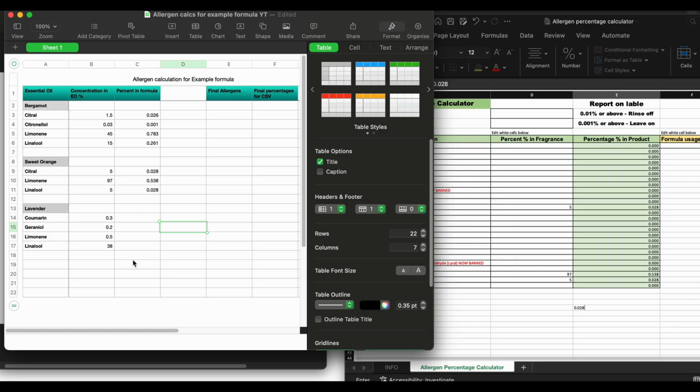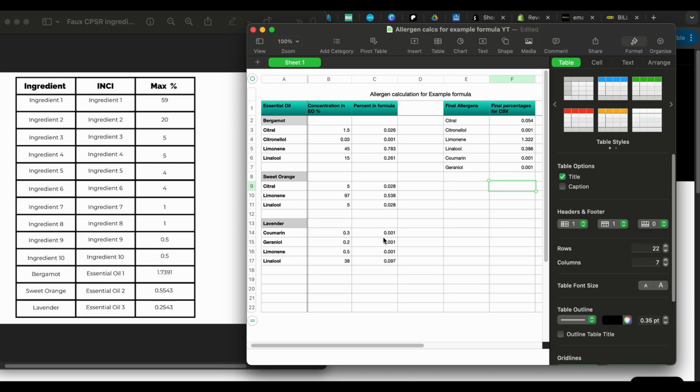Right, I'll calculate these and then we'll come back. Okay, so we finished calculating lavender as well. So we got all of our percent of those allergens in our final formulation, but we can see we've got doubles. So we've got limonene is in all three, linalool's in all three, etc. So any doubles you need to add together and then just make a list of everything that applies to your